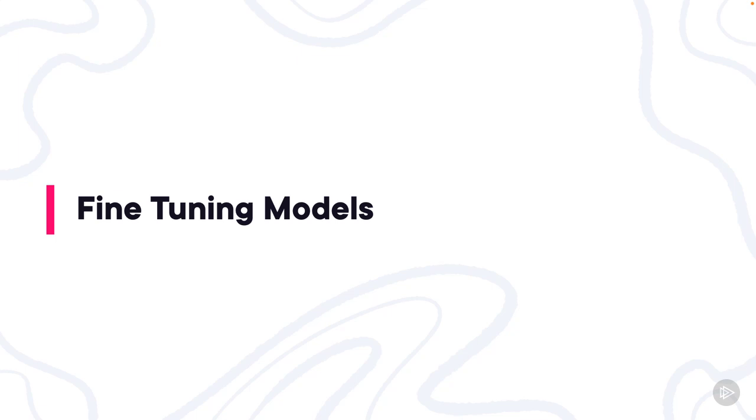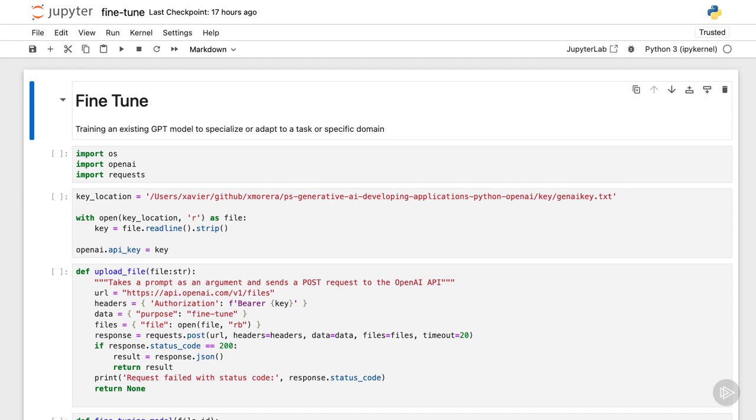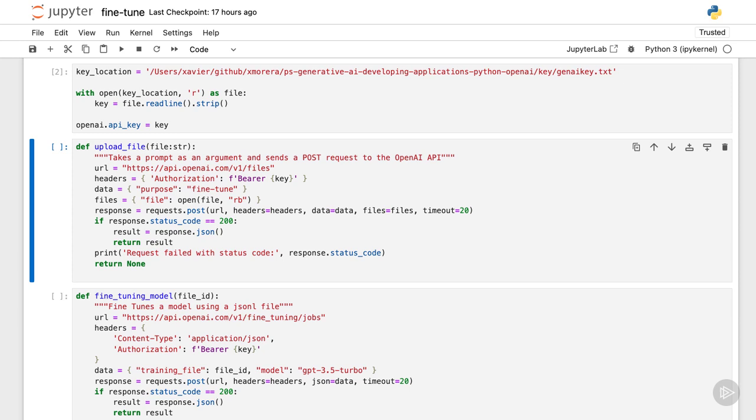Let me show you how to fine-tune models with a demo. In the fine-tune notebook, I have some code to fine-tune a model. It starts as usual with importing OS, OpenAI, and requests, getting the key, and then I use this functionality to